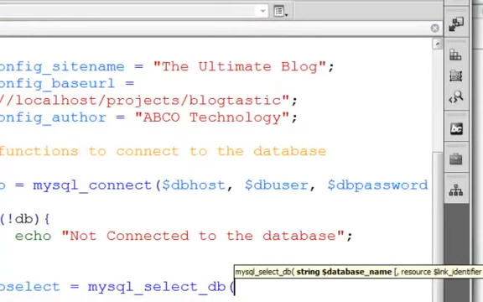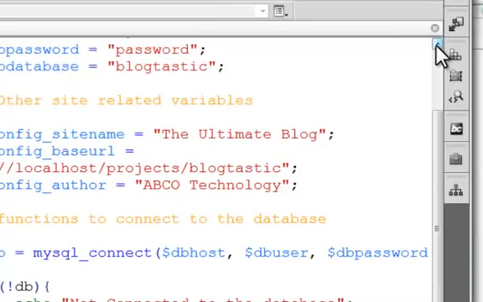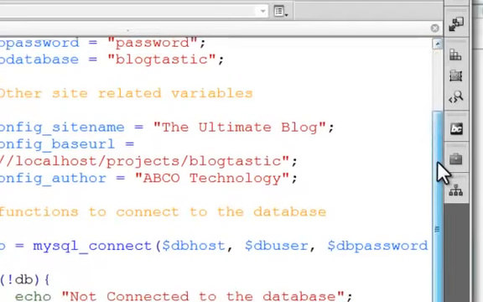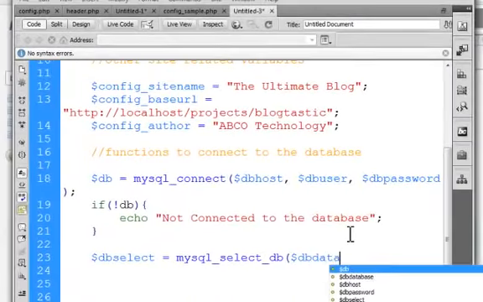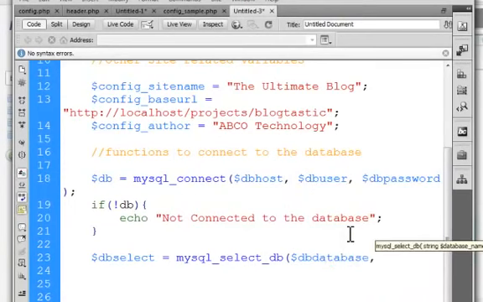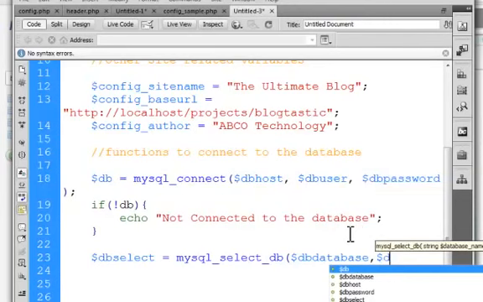The first one is the name of the database, and the second one is the optional option, which is the handle, which in our case is going to be $db. So for the name of the database, we'll scroll up and we'll see that we created a variable called $db database. So we're going to use that $db database, comma, and $db, which is the handle,